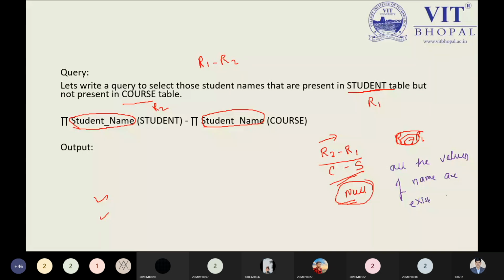That is, they exist inside the relation. So we will get the null. This is the reason. Okay. So is this clear to all? The set difference is clear? Yes, sir.